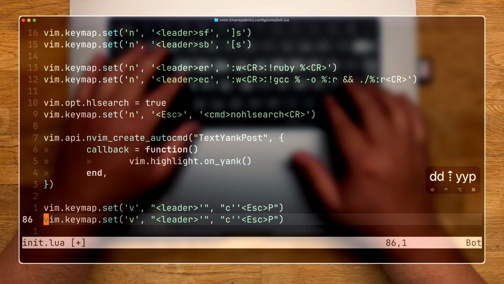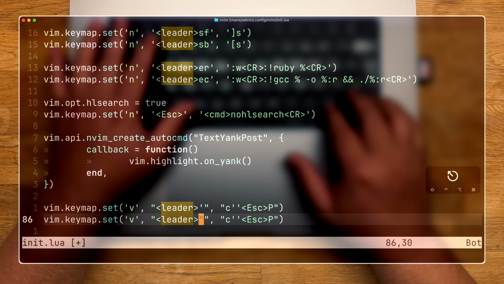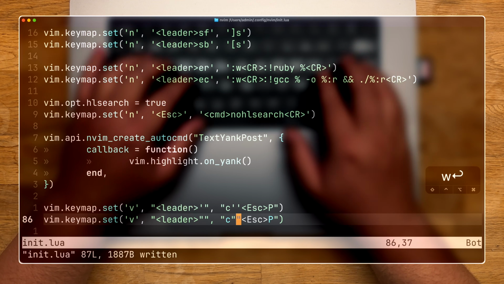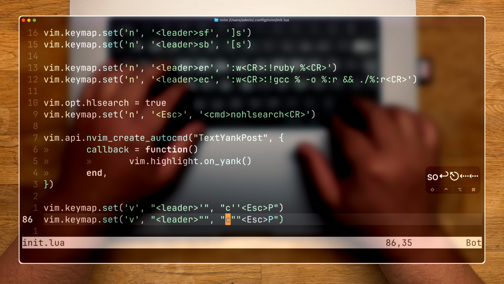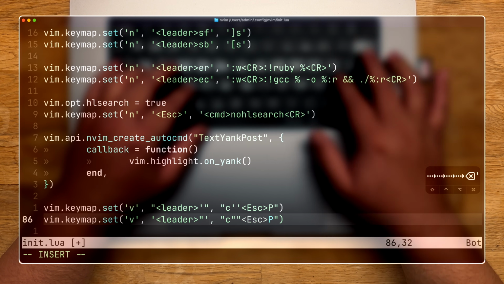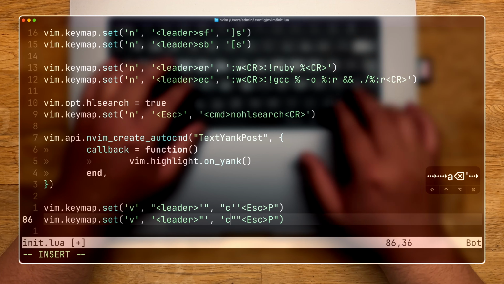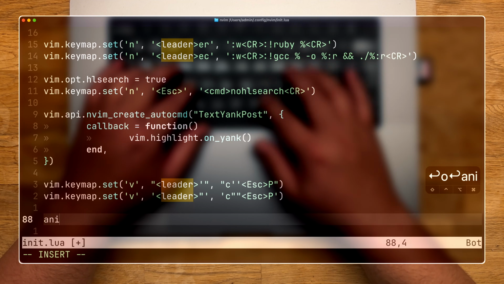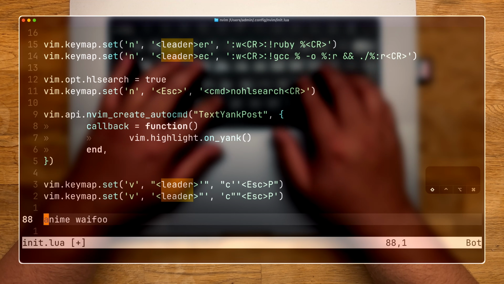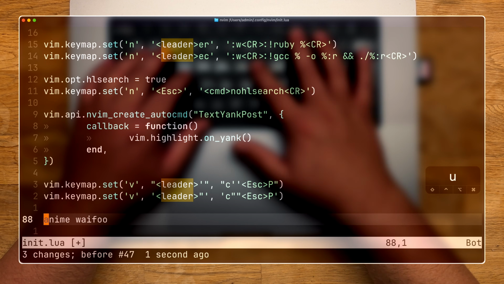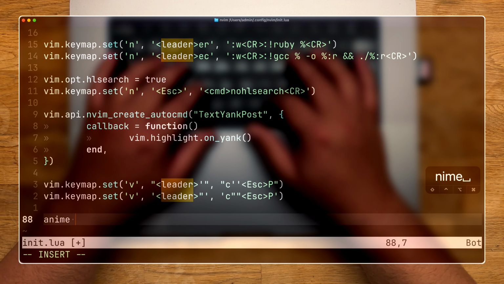Now you might say, Christian, can I do this for a bunch of other things? Yes, you can. You can do it like this. I guess we have to escape the, wait, we could escape it, but we could just do this. Actually, I'm not sure if we could escape it, but this works. So anime waifu. So then space, double quote, close enough. Let's try this again. Waifu,